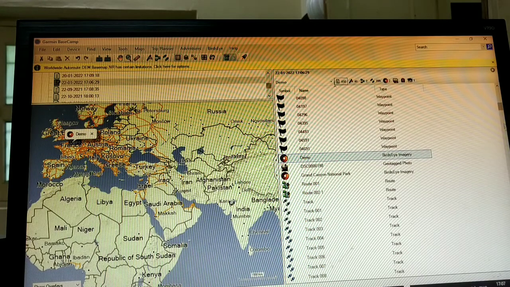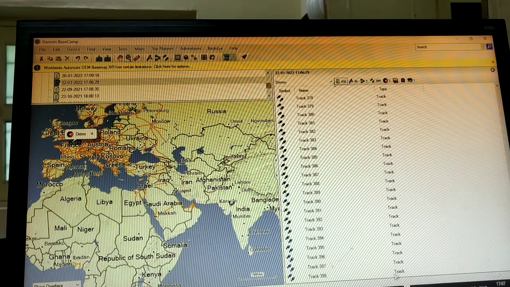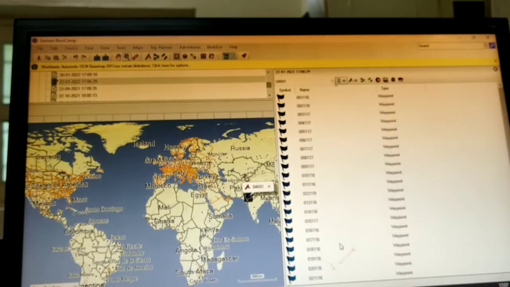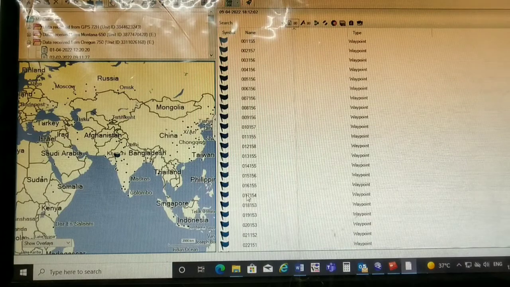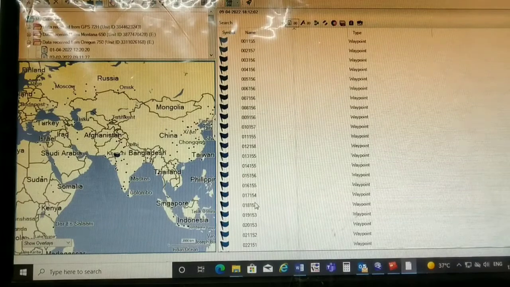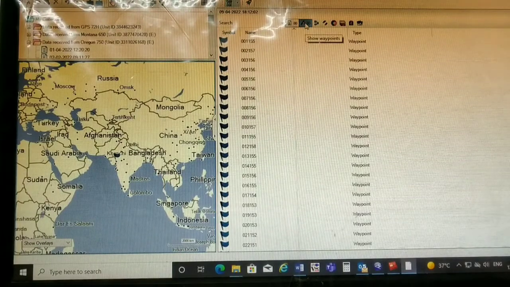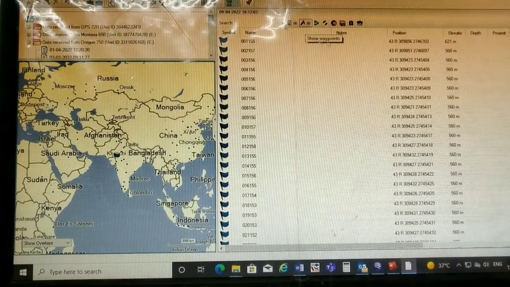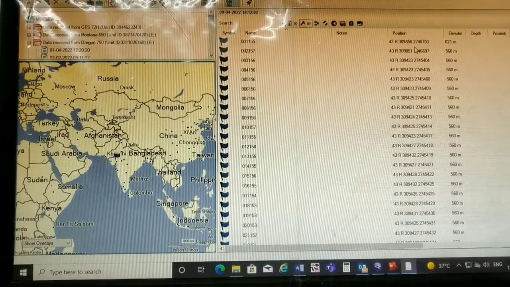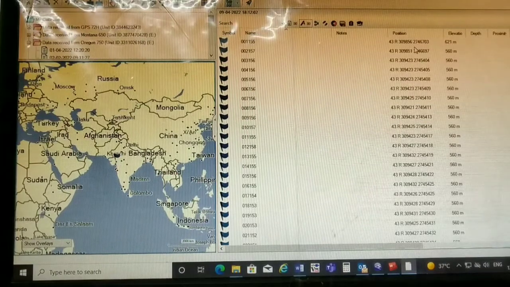These are all not in UTM coordinates, so we will delete them. Select all data and delete. Here all the waypoints are received from our GPS. We can also see the detailed information of that waypoint. Here we can see it is in UTM position, UTM metric position.